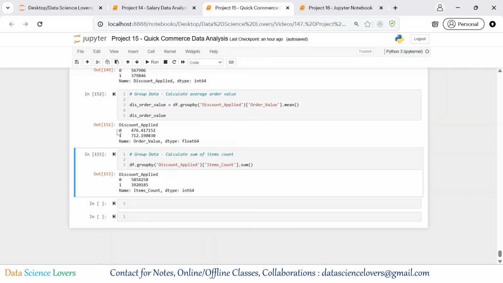From these two outputs, we can notice when the discount was applied, the average order value is increased, but the count of items in the order is decreased. It may be because there may be discounts on the costlier items only. That's why the average order value is increased while the number of items is decreased. We will save this output in a variable like discount items count,